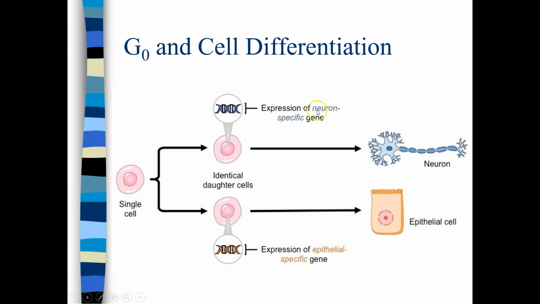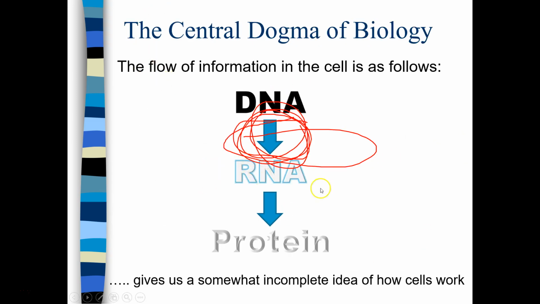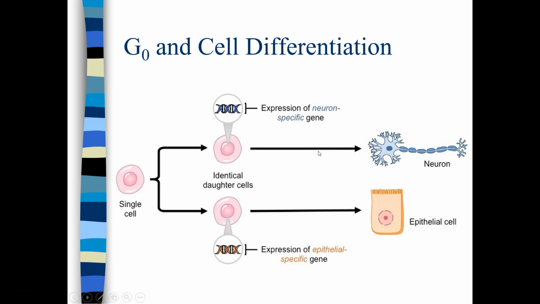But they're neuron shaped, right? Because they're expressing genes that cause them to become neurons. Anytime anything happens inside of the cell, it is because of a protein. Our definition of a gene is just a stretch of DNA that codes for a protein. We have multiple different classes of proteins. We have structural proteins, which help the neuron and the epithelial cell have their shape. There are little scaffoldings inside that help them have that shape.